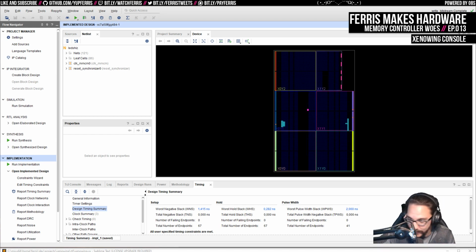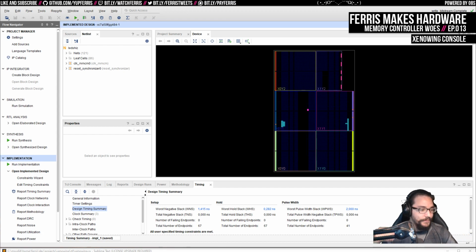It's episode 13, which I called Memory Controller Woes because I've been complaining a lot on Twitter, essentially having a lot of issues with this generated memory controller on my Max 10 board. And I won't go super into detail here about it because, surprise, surprise, I ended up buying a new board. And maybe we'll still run into the same kind of issues, and I need to go through it anyway, but I think we'll end up avoiding a lot of the problems I was having. But essentially, the short of it was,